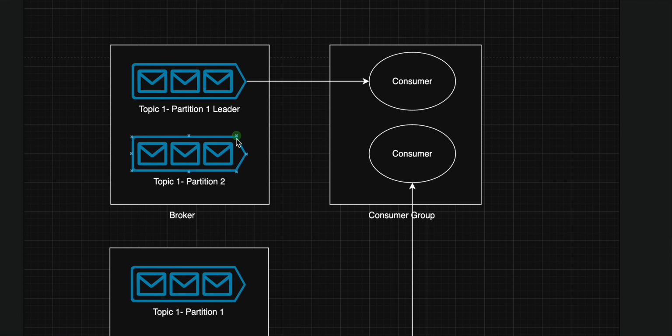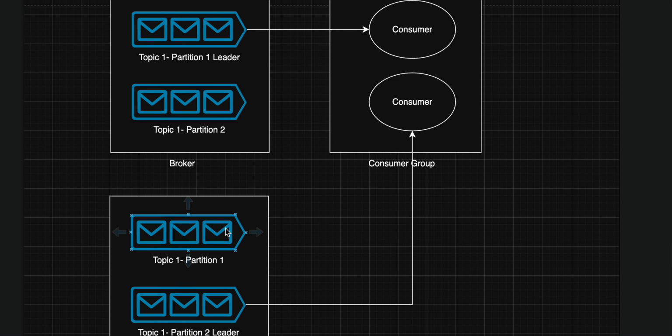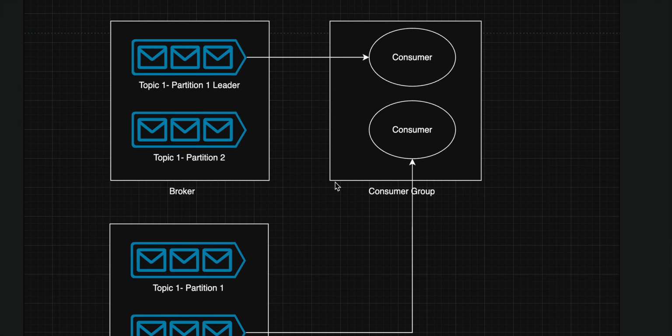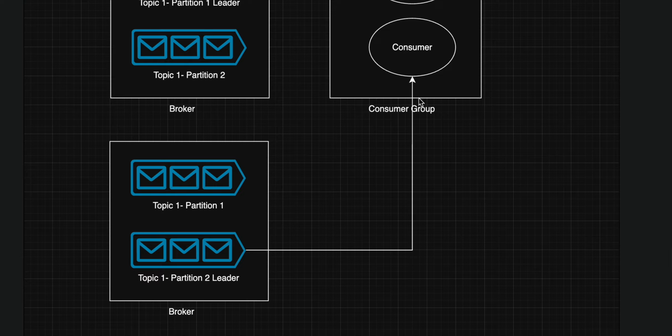This broker has the leader of partition one. This broker has the leader of partition two. So this partition one is a follower, and this partition two is also a follower. The message is always consumed from the leader partition. So this consumer group will be consuming messages from this leader and also from partition two's leader.